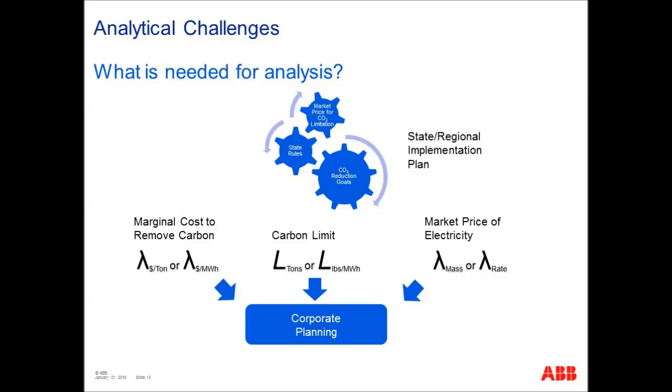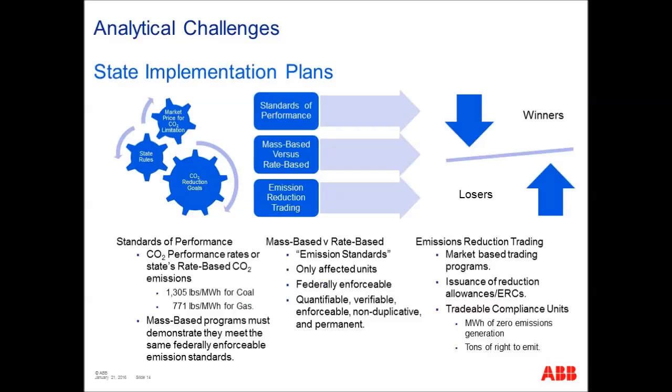And all of this is being developed in the next 2 years at the state and regional level. And there are a lot of pieces that have to work together and a lot of pieces that have to be resolved in order to fit down to our planning to see what we're going to do. So these state implementation plans, we've identified these components, but the standards of performance get to what will be the emission rates and how will they be translated to state and federal. The mass-based versus rate-based is the emission standards, and that's kind of the nuts and bolts of the whole process.